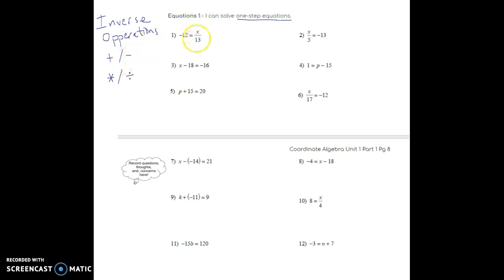So for this first one, that fraction bar means division, right? The opposite of division is multiplication. So I'm going to multiply by 13. What I do to one side of the equation, I must do to the other side of the equation. Don't forget, I know you've heard that before. 13 times negative 12. Grab my handy dandy calculator. And 13 times negative 12 is